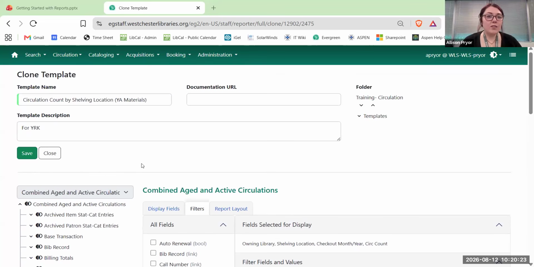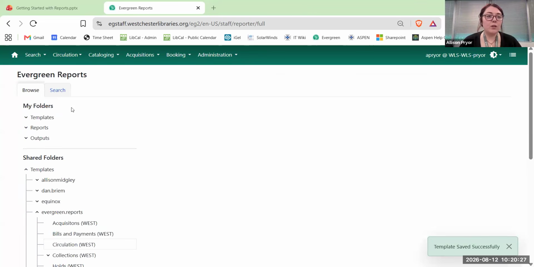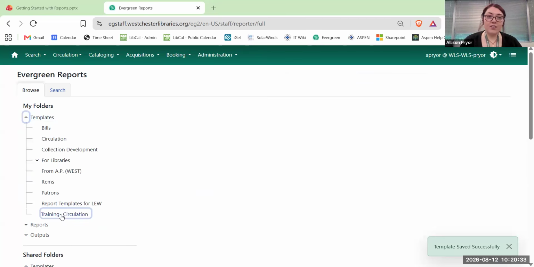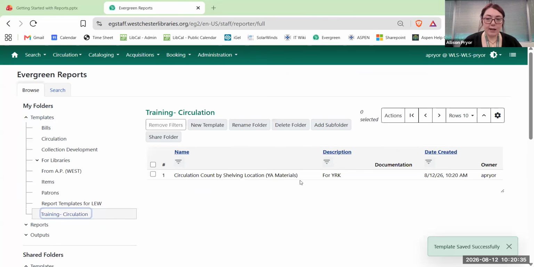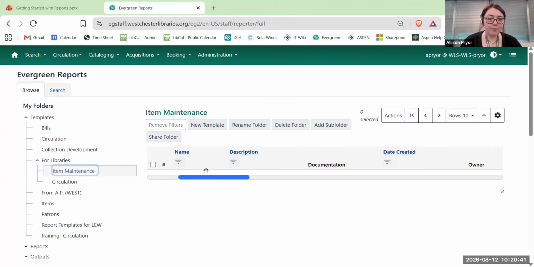So for the sake of this example, everything looks good to me. So I'm going to save this. This is going to close out and bring me back to our template folders. So I have to go into my template folder where I just saved this template, and there it is. Now, as I get more templates in my folders,